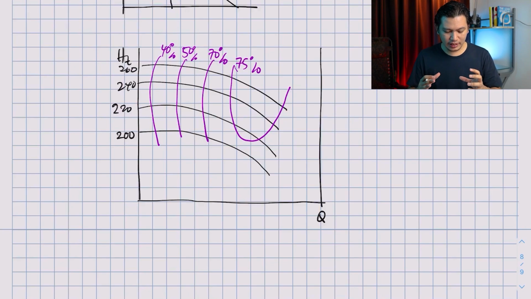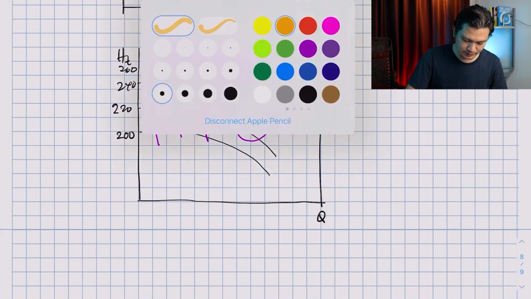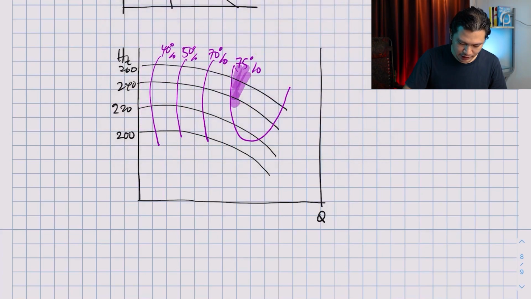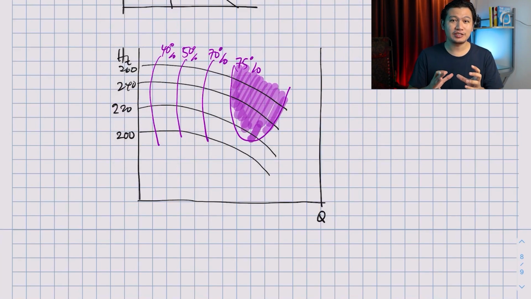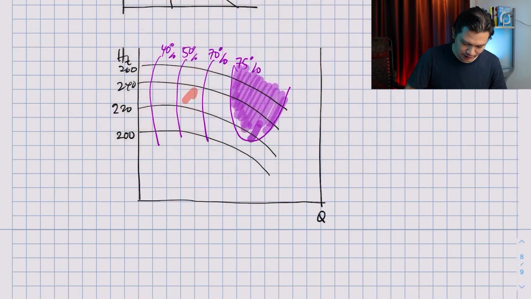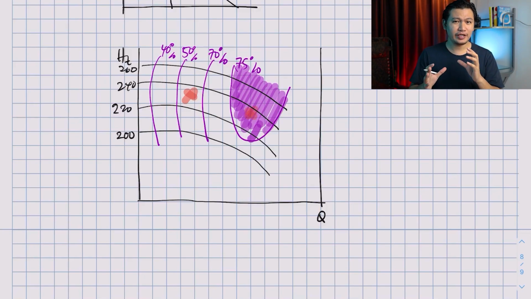But if you take a look at the efficiency curve, ideally, you want to operate here. You really want to operate here. Okay, because that is the region where the efficiency of the pump is the highest. It doesn't mean that your pump cannot operate, let's say, here. Right? It can still operate there, but the efficiency is much lower than if you operate here. So it's very important for you to understand the concept of HT and HP and how the efficiency changes when you change the flow rate.